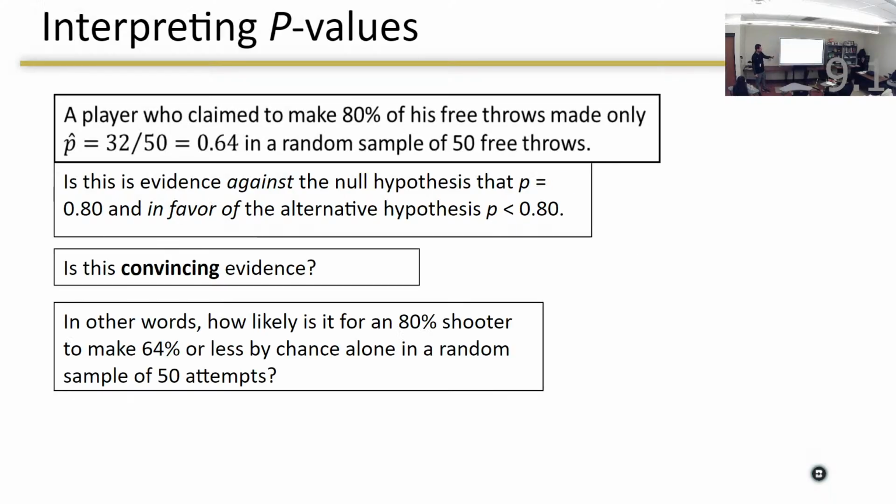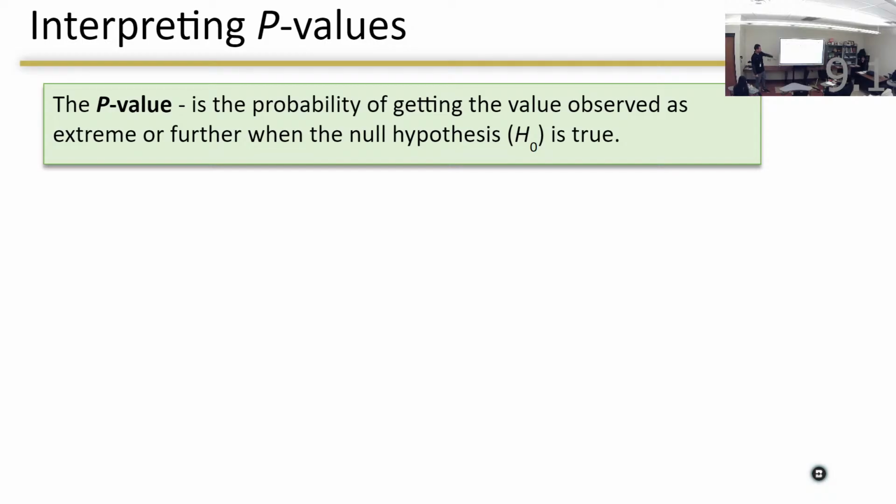Oh, wrong button. Click, click, click, p-value. This is their definition, right? You guys have learned, I don't care how you say it, we just have to get it all in there. The probability, we have to have a probability. It is a percentage. It is a chance. I like the word chance better than probability because I can't spell probability. I can spell chance. Of getting the value observed. I don't use "value observed." I use sample. Getting what is observed. Getting the sample